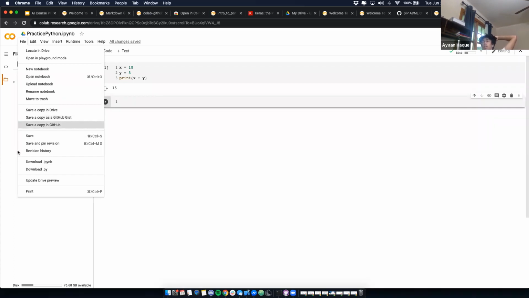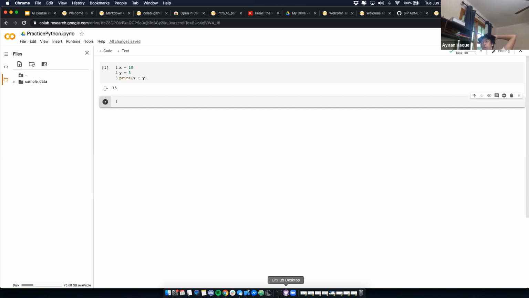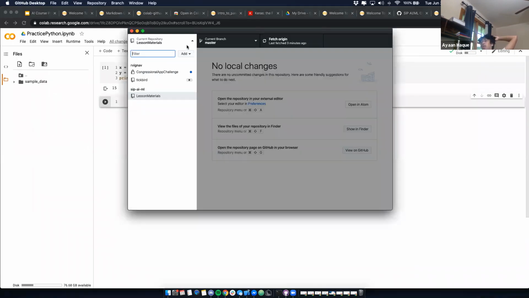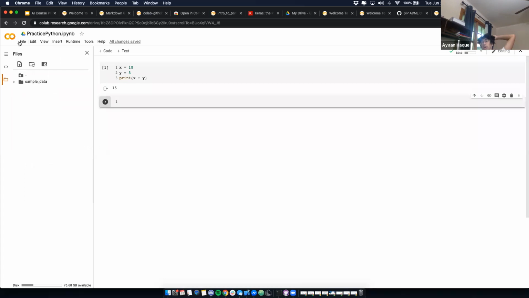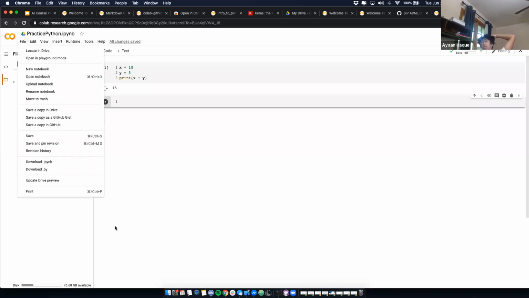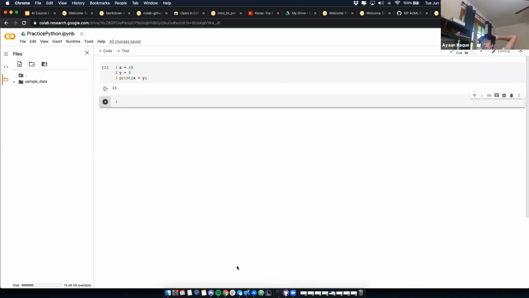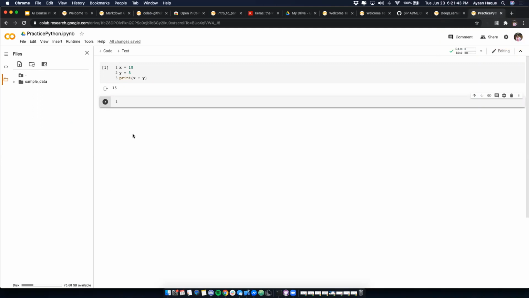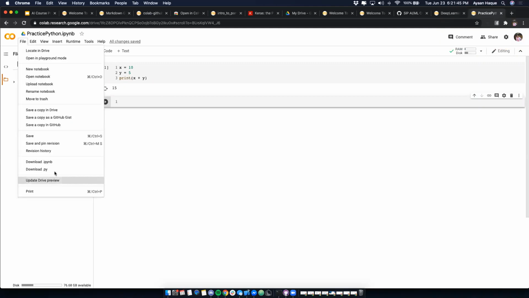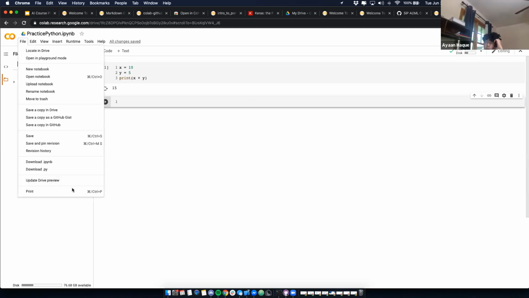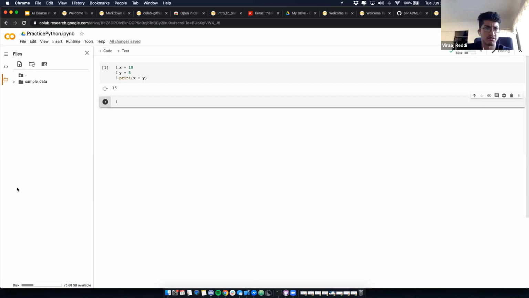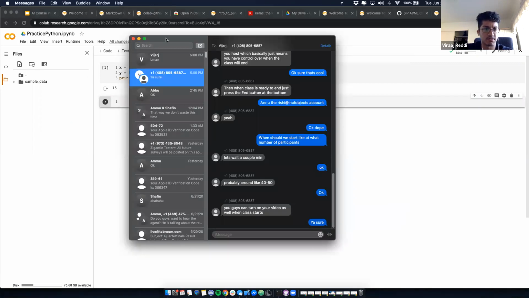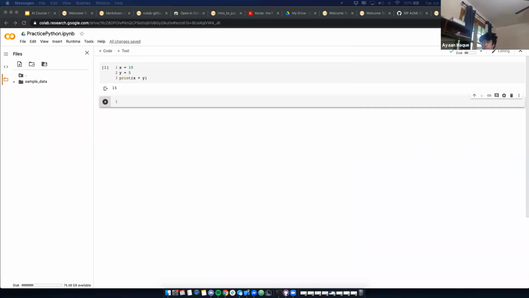What you can do is clone the repository from your GitHub, download the file, move it to the folder, and then push it. So should I download .py or .ipynb? IPYNB. If anyone else didn't hear exactly how to do this, the entire thing is being recorded, so you can see.